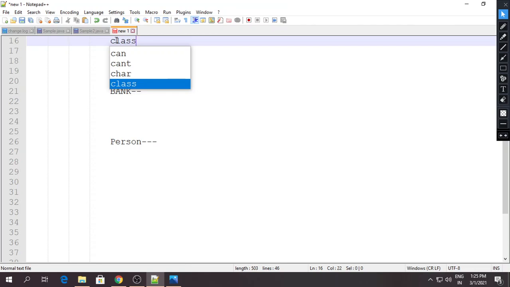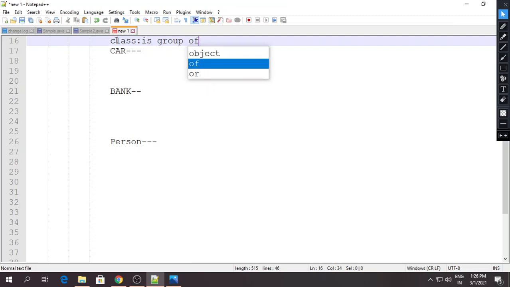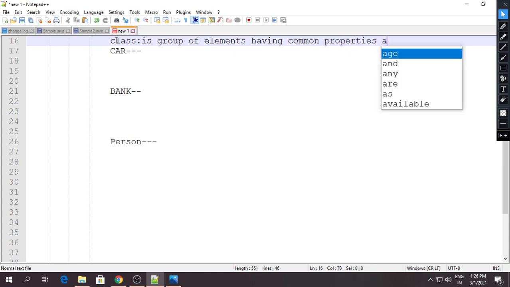Another one: a class is a group of elements having common properties and behavior.